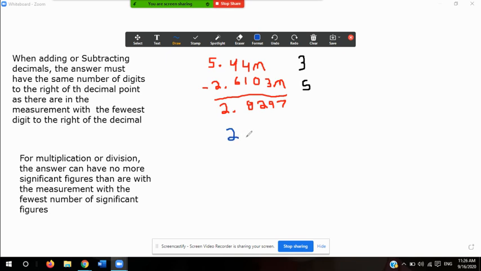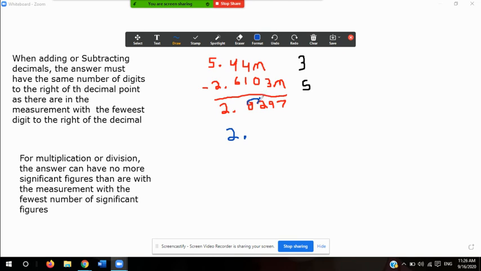I know 8 is part of my answer. However, I have to round off. And if I look at the 8, and I need to leave it at 3 significant figures, I look at the 8 and I look at the number next to the 8, which is a 2. Since 2 is less than 5,